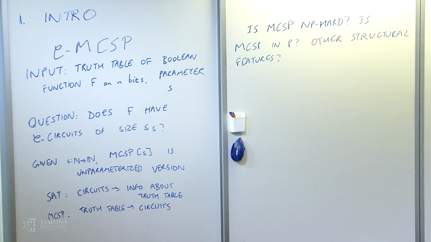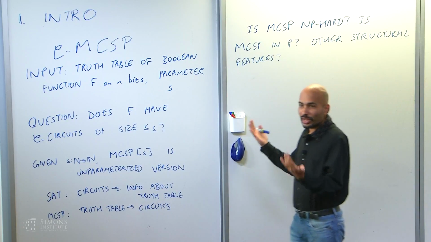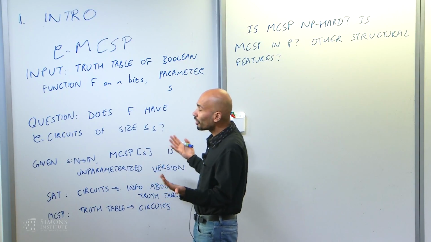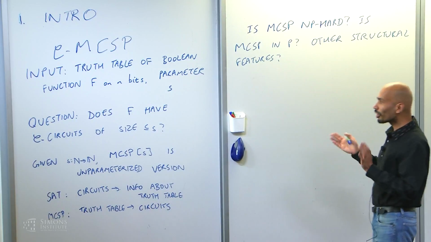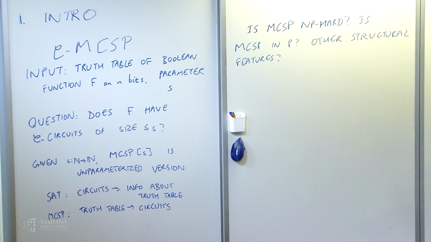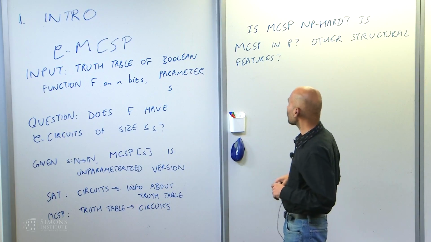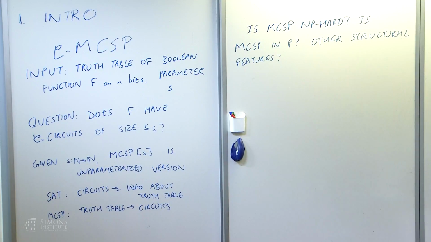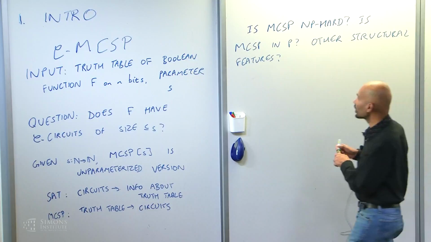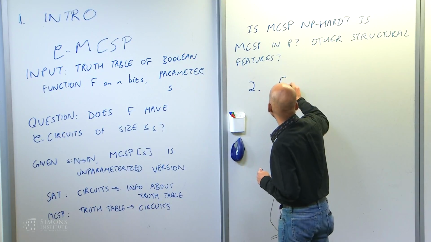The way we will present this is to look at it in comparison to SAT. SAT has lots of different features which we understand quite well, and we'll do a comparison on a case-by-case basis of what's true for SAT and whether the same thing is true for MCSP or not. And if not, what does it say about MCSP? So throughout the talk, have SAT in mind as a case to compare with regard to the things I'm talking about.